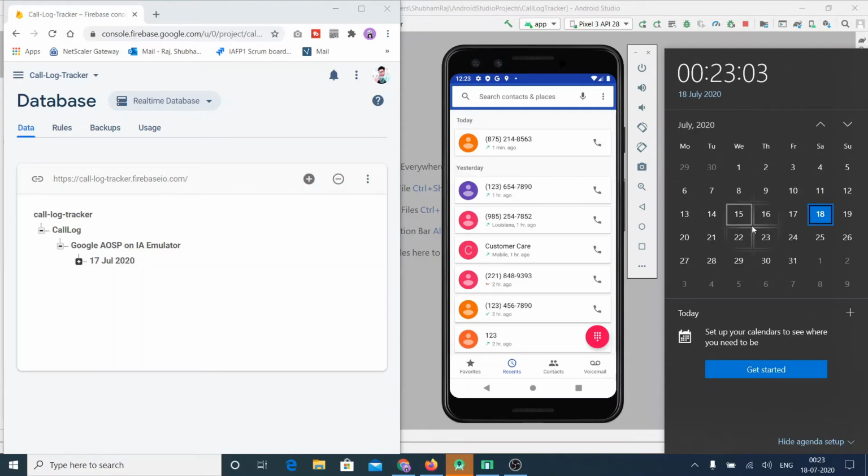I think it will take 10 to 12 minutes, because we installed and opened the app about 2 or 3 minutes ago. So it will take 15 minutes to run. Every 15 minutes the function will run to upload the data to the Firebase real-time database. So let's wait. I will quickly fast forward this video so that we reach the desired time.